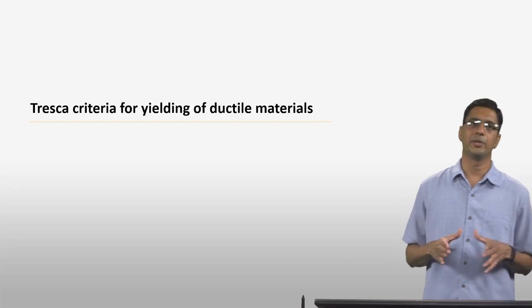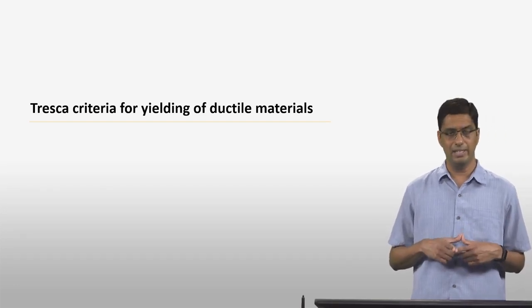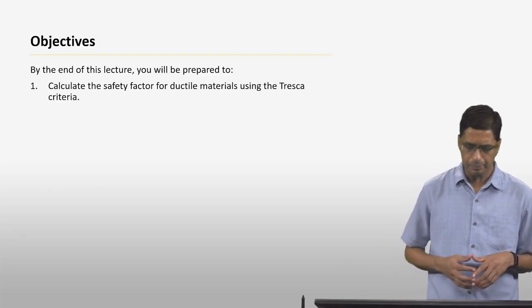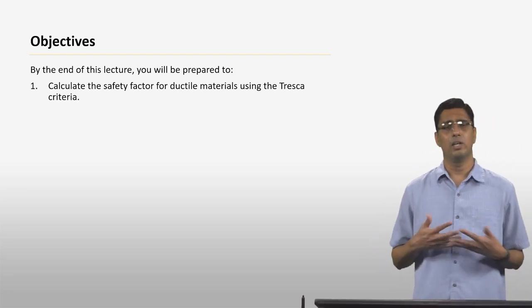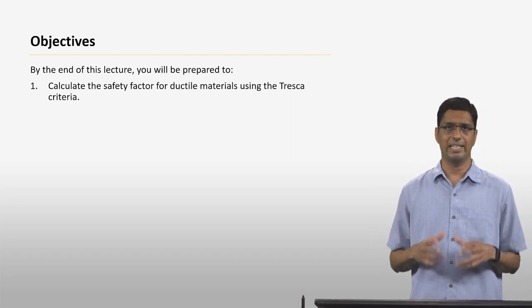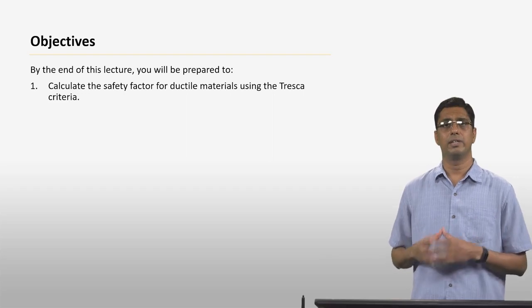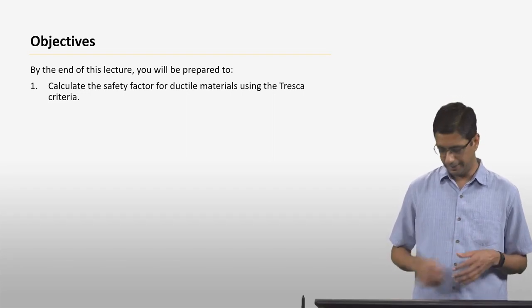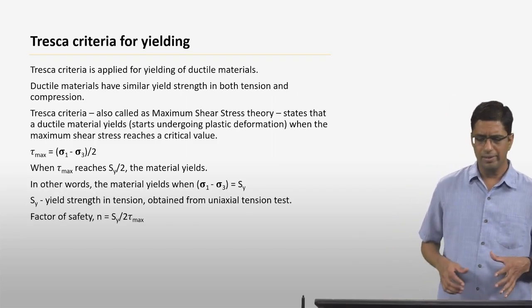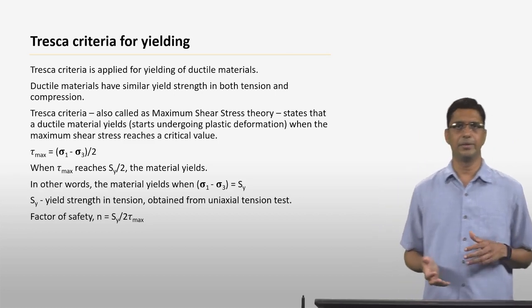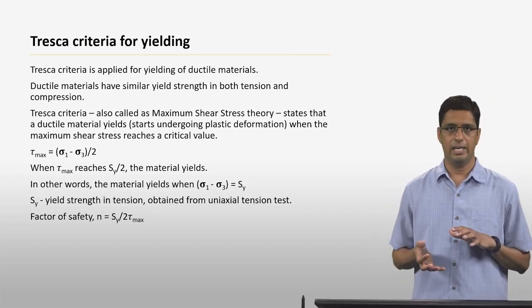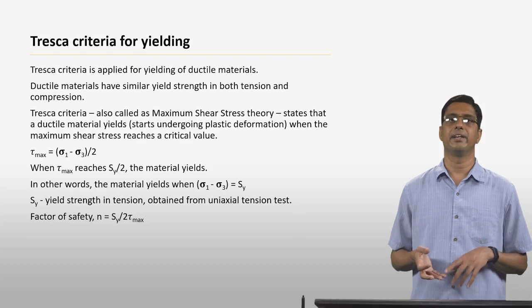And today we are going to look at one specific criterion, what is called the Tresca criterion. So by the end of the lecture, what you will be able to do is calculate the safety factor for ductile materials using the Tresca criterion. So what is the Tresca criterion? The first thing you need to know is that it is used for predicting the yielding of ductile